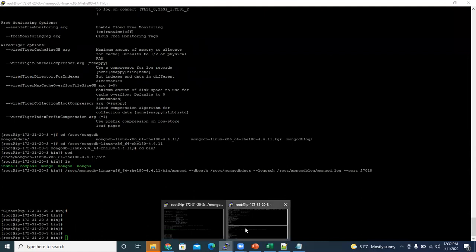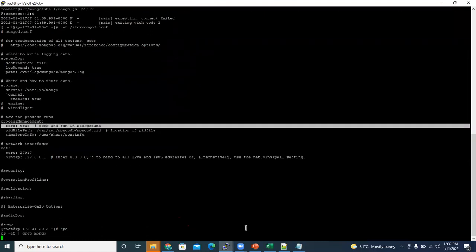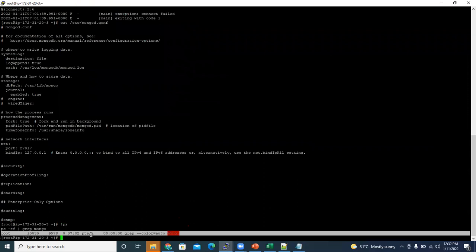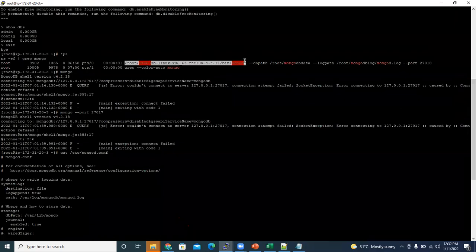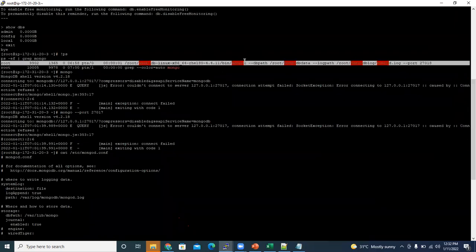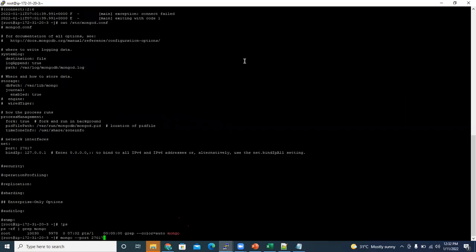Now if I go to this window and if I grep, it will not show you anything. Earlier it was showing you this one. It was up and running. 27018 was up and running, and you could connect to the database, right? 27018 port.